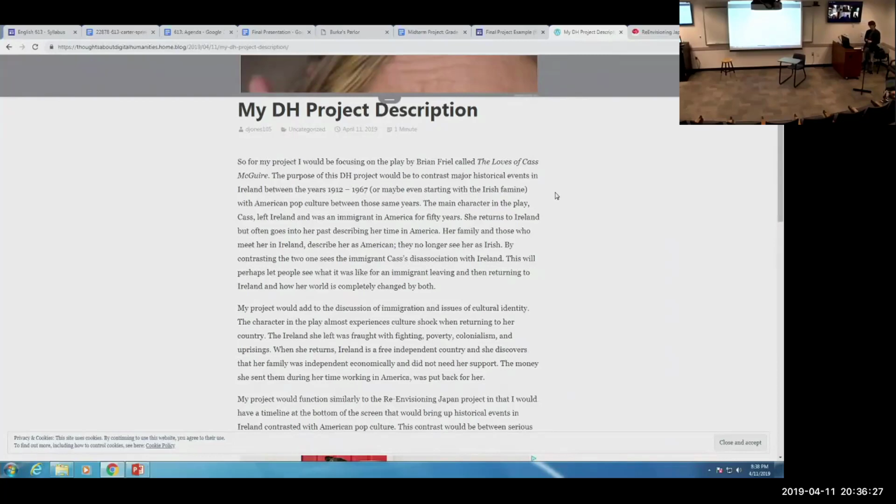And the reason why is because the main character in the play, she was born probably the end of the 1800s, so her family and parents and grandparents would know about the Irish famine and have those experiences. And contrast that with American pop culture between those same years. The main character in the play, Cass McGuire, left Ireland and was an immigrant in America for 50 years. She returns to Ireland, but often goes into her past, describing her time in America. Her family and those who meet her in Ireland pretty much describe her as American. They're like, oh, that American woman. They no longer really see her as Irish, or they're more like a kind of hybrid or American because she's